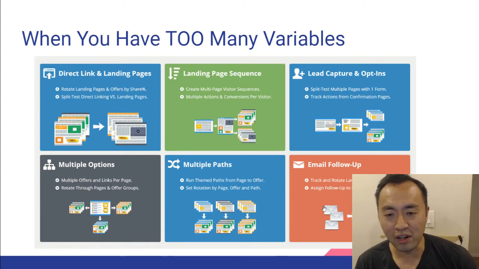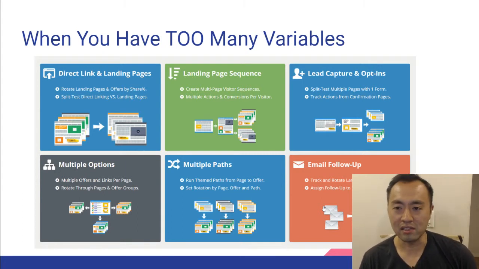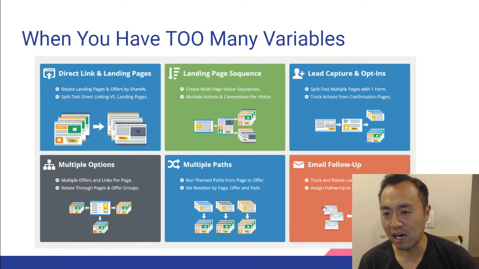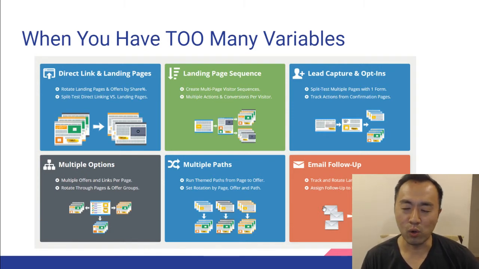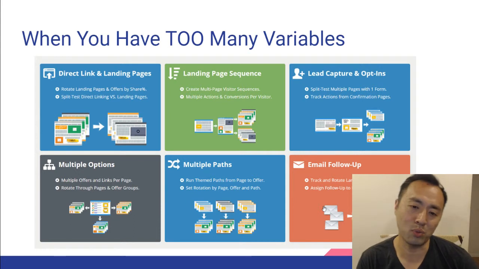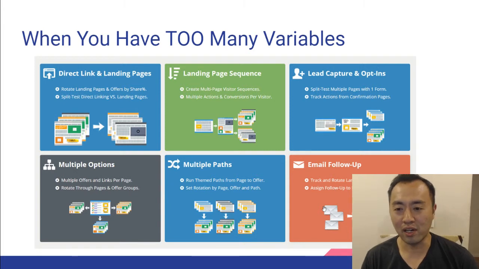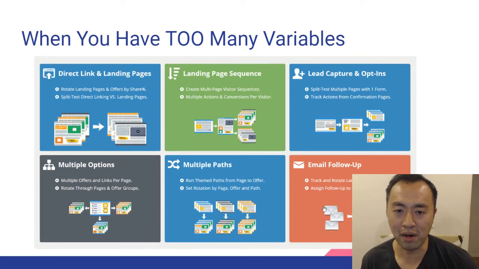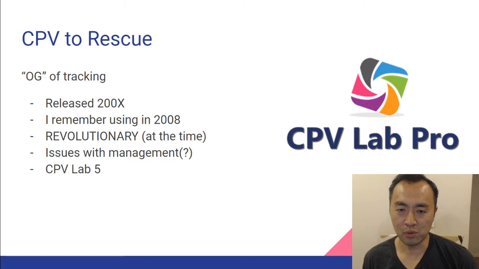How are you gonna track all that? How are you gonna track every click, right? Or if you add something like an opt-in in the middle? Or you have multiple options, like you can go this way or that way: if this person clicks on this, do that. If the person says this, show them that. How are you gonna track all that? That's gonna be pretty close to impossible. So that's where CPV